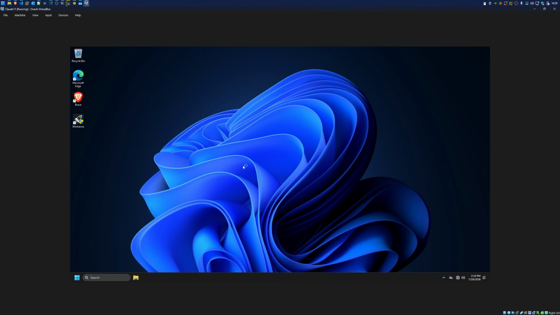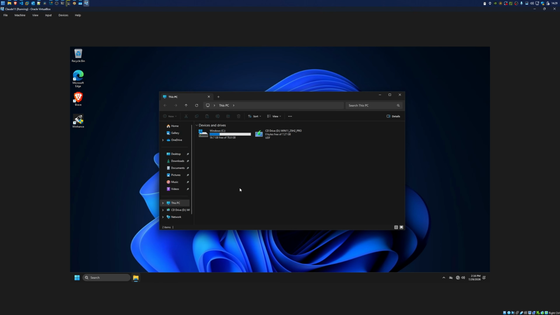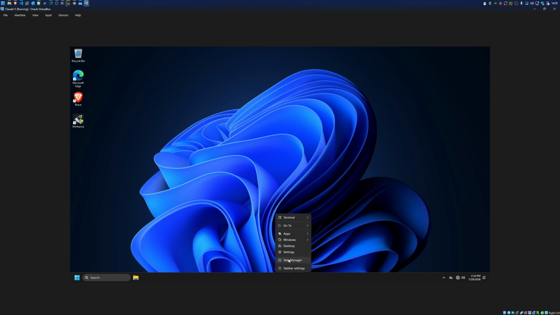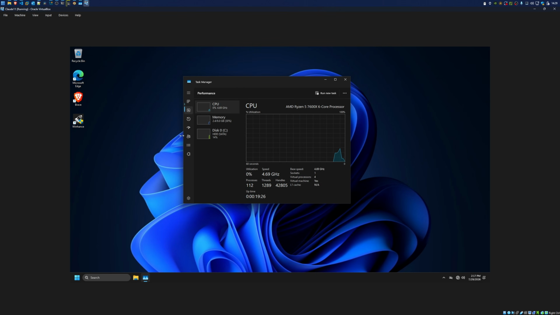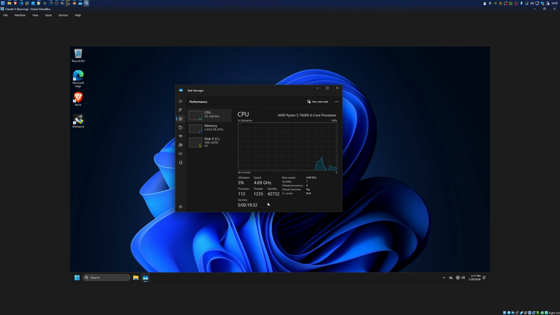And if we open the File Explorer, it should open to This PC, and yes, it does. Let's go ahead and open the Task Manager. And if we look at the Performance tab, there's about 112 processes. I didn't ask it to de-bloat the processes because process count doesn't really matter, but I know some of you care about the process count.